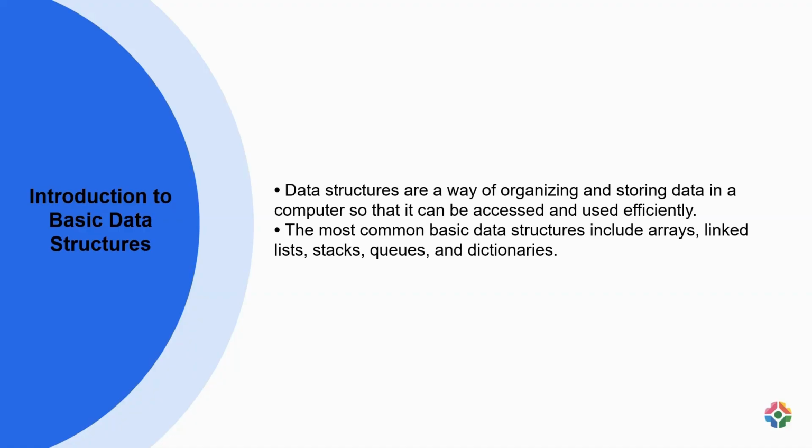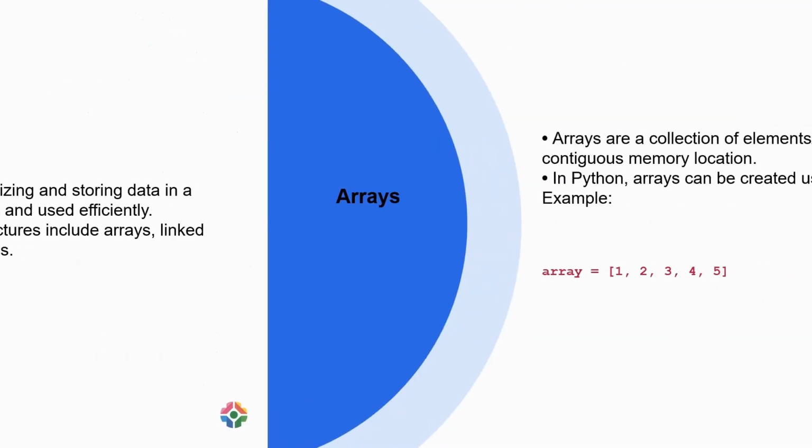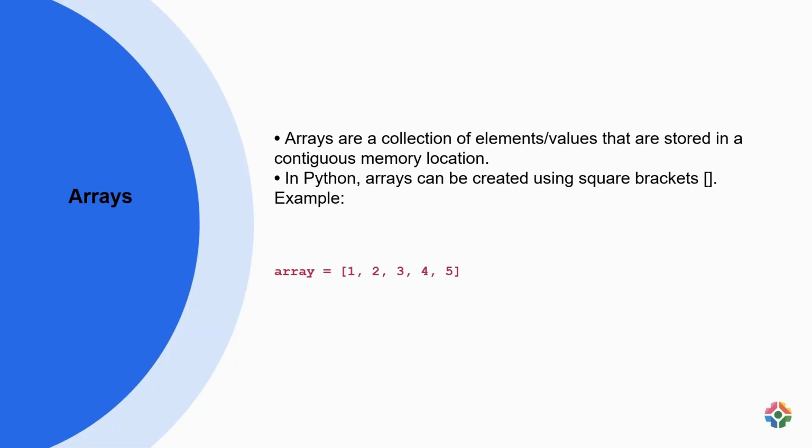For example, an array can store a list of student grades, a linked list can manage a playlist, a stack can handle a history of web pages, a queue can process print jobs, and a dictionary can store employee information like name and ID. Arrays in computer programming are a way to store and organize multiple values in a single